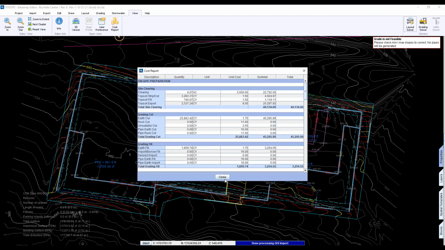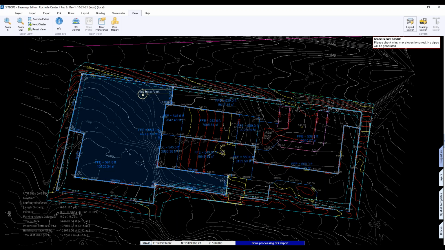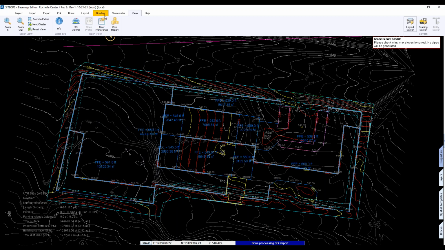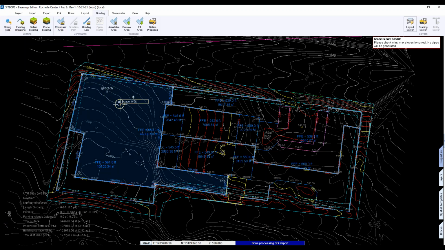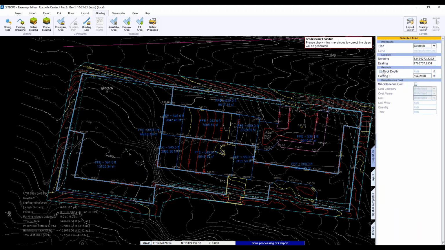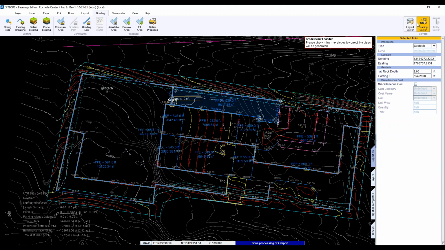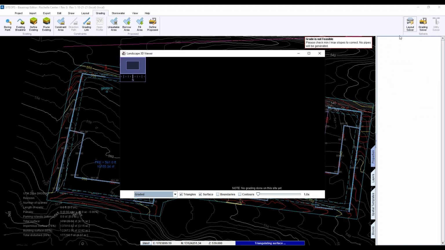Nope. So that's one that usually our first run we don't even have Geotech, so we're going without it. So once we get the Geotech in, then we would go in and put a boring point in, and then you go to the properties from it, and you could give it the rock depth. So you give it the rock depth, and let's say that one, I don't know what we're cutting in here. Let's just say it's shallow. It's 2, and you put them all in there, and then you run the grading solver. A little slow here.